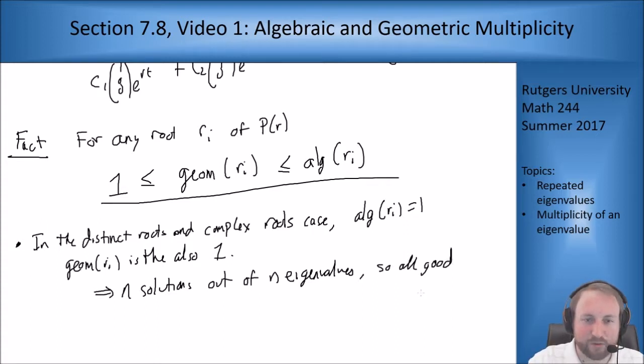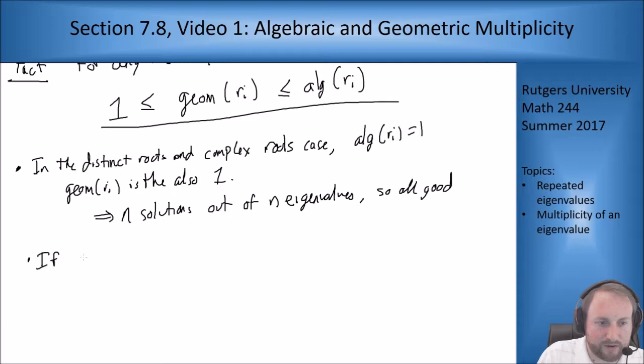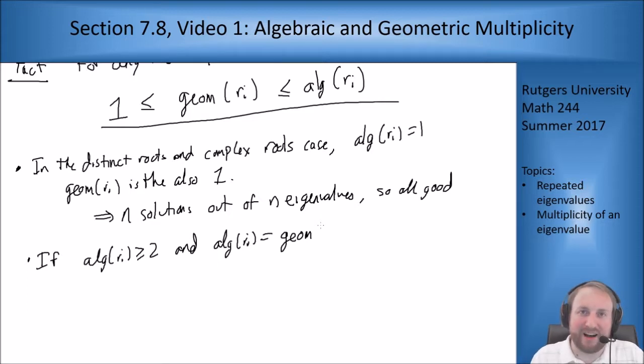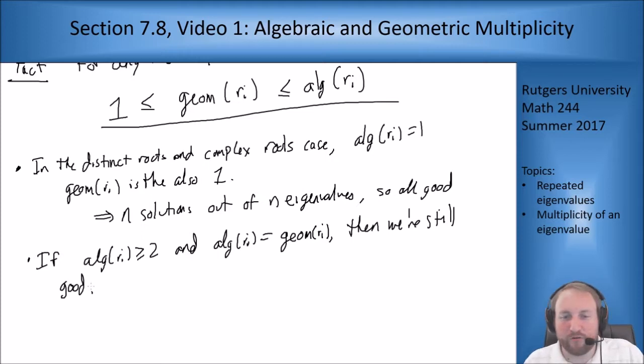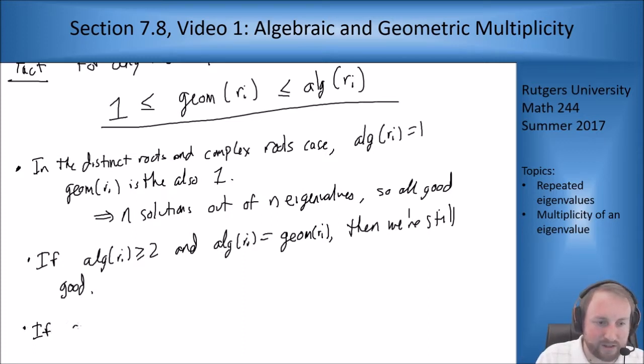There are also cases where I could have algebraic multiplicity being more than 1, but still have the geometric multiplicity equal to the algebraic one. If the algebraic multiplicity equals the geometric one, which means I technically have all of the eigenvectors I could possibly have, then we're still good. So I can still get n solutions from n eigenvalues, and I still get the full solutions that I want. The issue is if the algebraic multiplicity is bigger than 1,